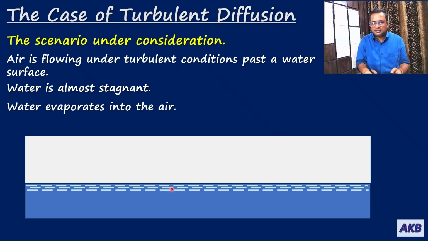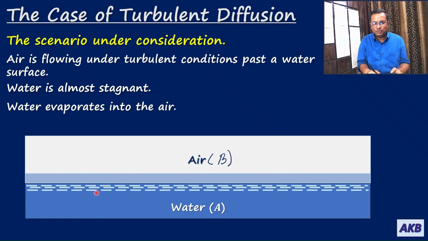So you have a pool of water in contact with the air that is flowing under turbulent conditions. So this is water. I'm going to denote water by E. So when it evaporates into air, the resulting water vapor will be A, which will be diffusing through air, and air we are going to denote by capital B. For our discussion, let me first tell you, when the air is flowing past